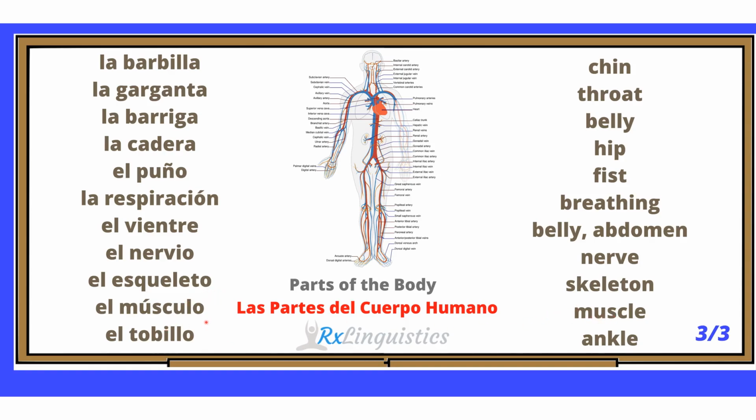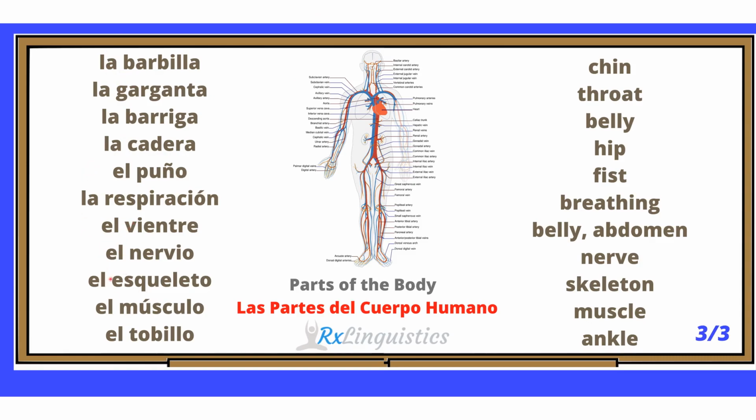Muscle, el músculo. Okay, muscle is el músculo. It's different from what we saw before, muslo, which is thigh. So thigh is muslo, and muscle is el músculo. Ankle, el tobillo. Okay, so you see some nouns are feminine